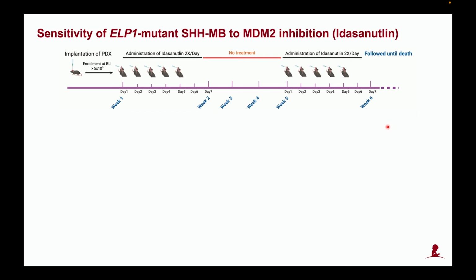And so finally, to put a translational sort of spin on this, we've teamed up with Martine Roussel at St. Jude, who's an expert in preclinical studies and has a very long history in devising new therapeutic approaches for medulloblastoma and other embryonal CNS tumors. We did an FDA-approved drug screen in patient-derived xenografts that were either ALP1 wild type or ALP1 mutant, and we're able to pull out idasanutlin, which is an MDM2 inhibitor, as a potential selective dependency or specific sensitivity in the